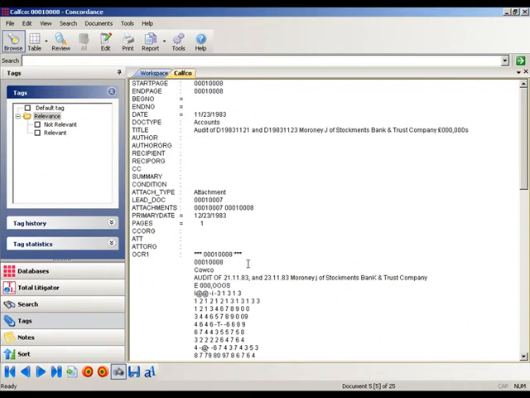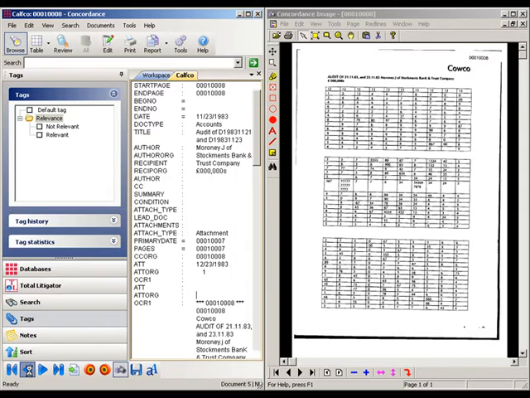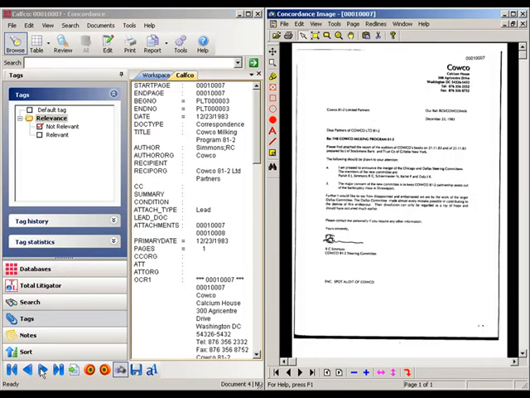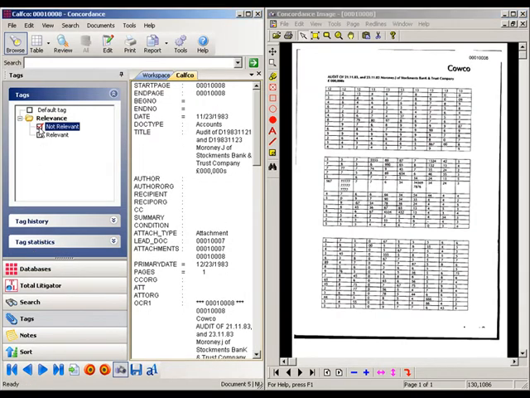In this lesson, we are going to take a look at the tagging function within Concordance 2007. Tagging is basically the issue coding portion of a document review, and it really is one of Concordance's core functions along with searching. Tagging generally means looking at a Concordance record and its image, usually within Opticon or some other image viewer, and then checking off an issue box to determine if a document within the database is relevant or